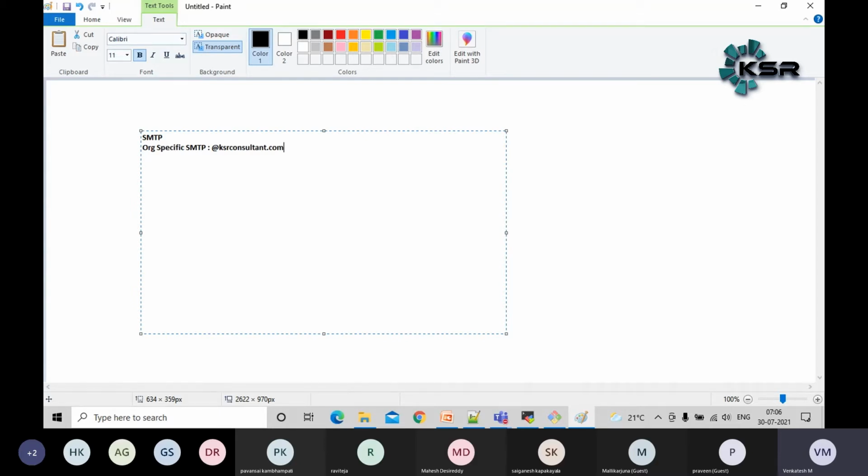This is mainly responsible for sending the emails. When you open Gmail, you see a lot of junk, like no-reply at matrimony, something like that. If you want to send any bulk emails, we can use this service, guys. This is the organization-specific SMTP server. Then the second one is that we can also host it in the cloud, guys, AWS or Azure. We can create our own SMTP service and use it based upon the number of emails, how many emails we have sent. Based upon that, it will cost, guys.